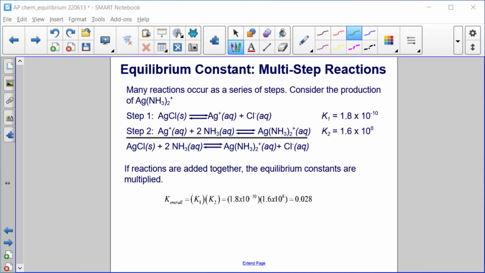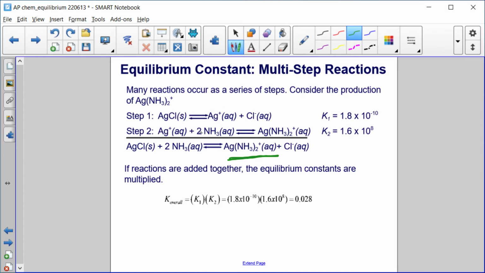Equilibrium constant multi-step reactions. Many reactions occur as a series of steps. Consider the production of AgNH3 2+ right here. There are 2 steps. First, we take silver chloride solid and dissolve it into its ions, silver plus and chloride minus. There's a K value for that, which we'll call K1, 1.8 times 10 to the minus 10. The second step then is to take the silver ions